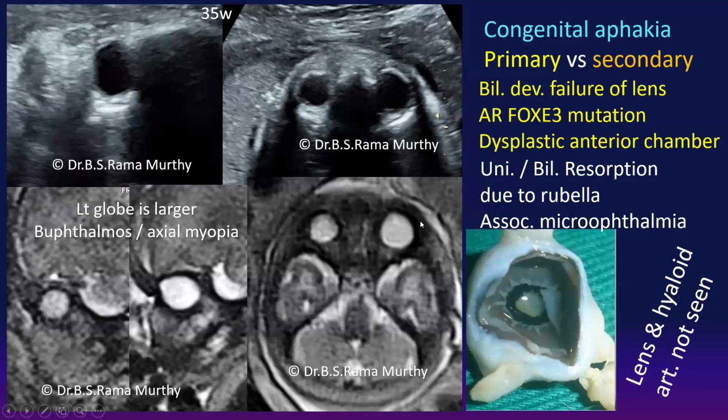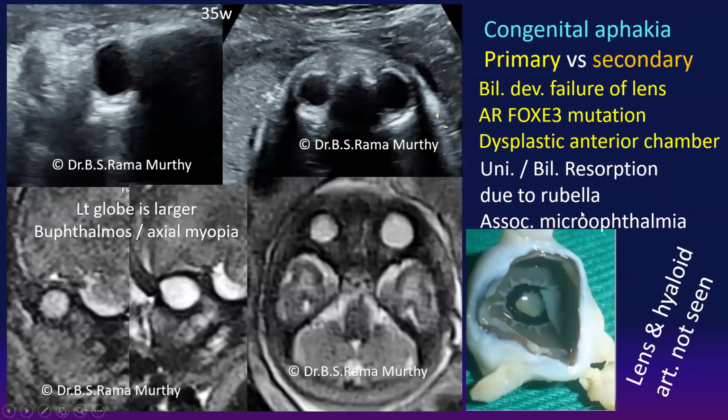The growth of that orbit may be limited, so it can also have a difference in size. So these are examples of bilateral aphakia, where you're seeing a little bit of asymmetry of the orbital size also. One side is a little smaller than the other,